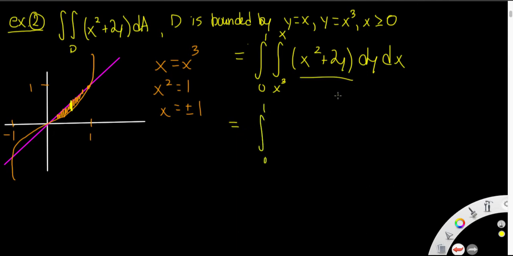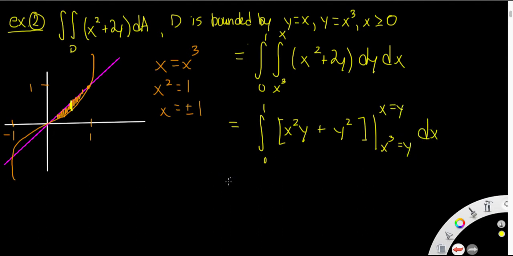And now integrate with respect to y. The antiderivative to x squared with respect to y is x squared y plus 2y squared over 2, or y squared. Okay, and we'll evaluate this from x cubed to x. And remember, we're replacing all the y variables. Okay, and we'll get the integral from 0 to 1 of x cubed plus x squared minus,